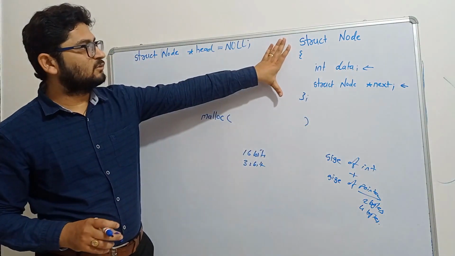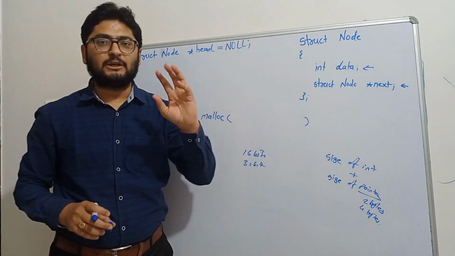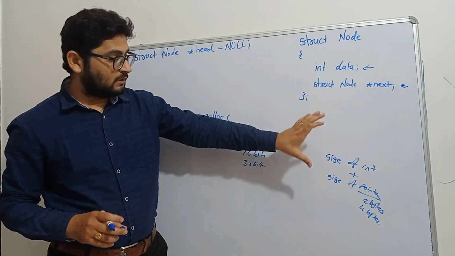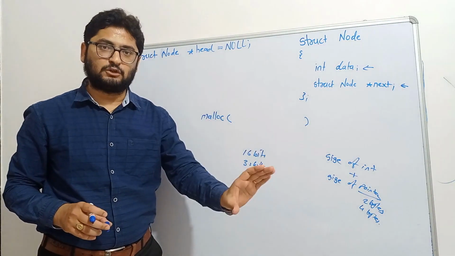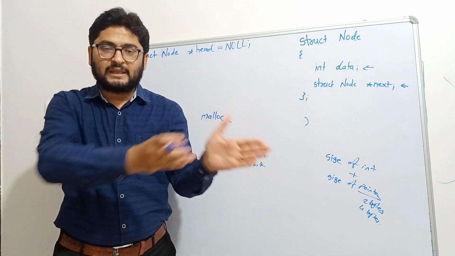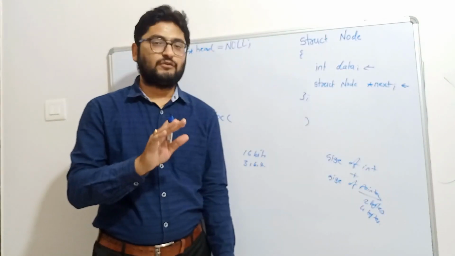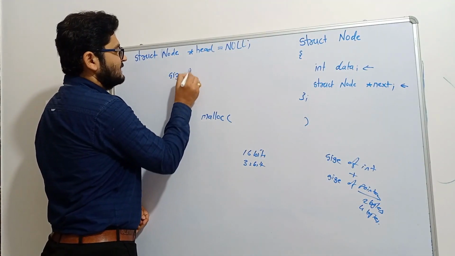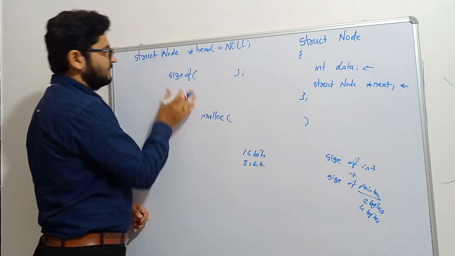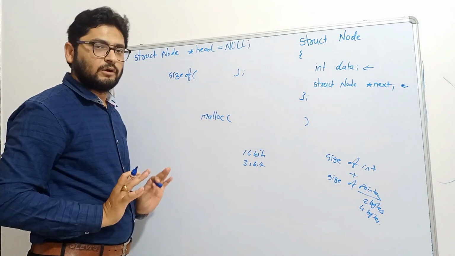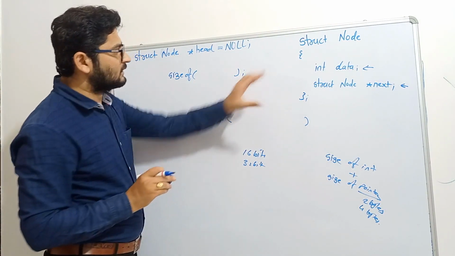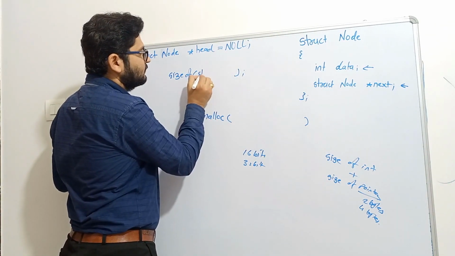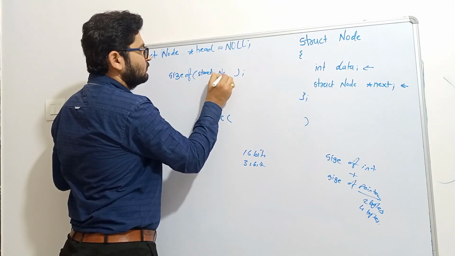So, to get the size of this struct node, first you need to find out the size of the integer, then the size of the pointer, and to get that, you first need to find out the type of the compiler. So this is a very lengthy process. Instead, we are going to use the sizeof function, which is already available in C and returns the size of the data type you want. Here we want the size of this struct node, so simply we will give struct node to it.